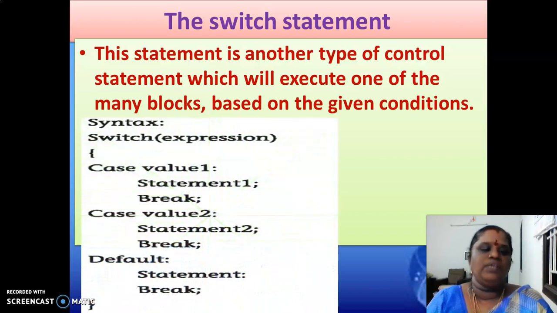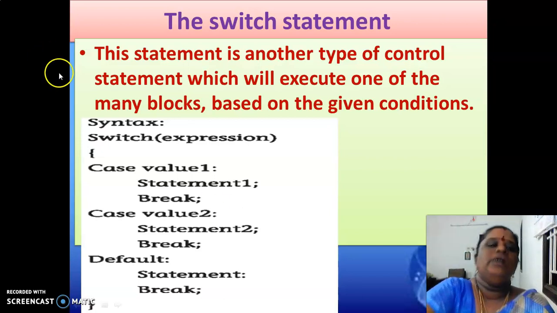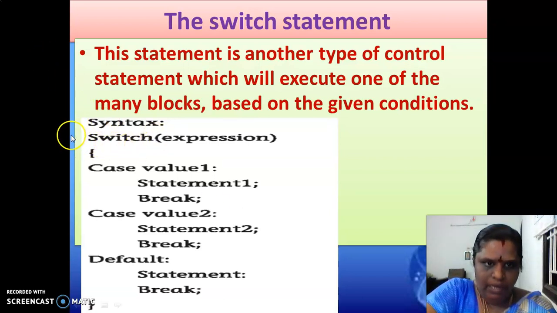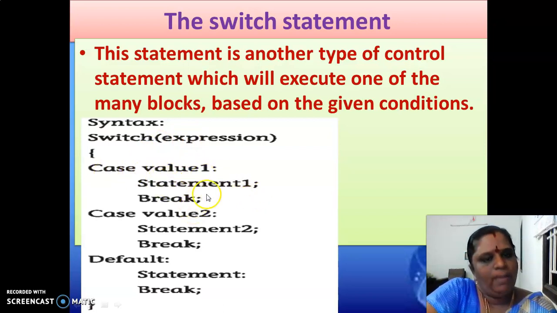This is the syntax for the switch statement. Please go through it correctly. Here is the switch, and here is the expression. If the expression value matches this case, this statement will be executed and break will be applied so that it comes out of the switch statement. It will not execute all other statements.